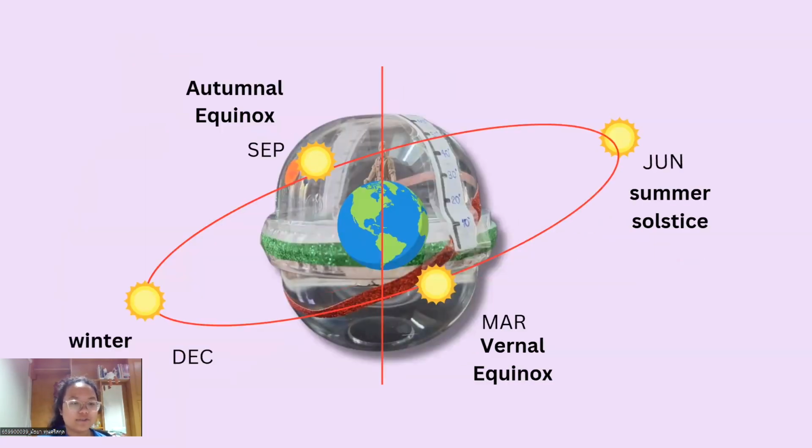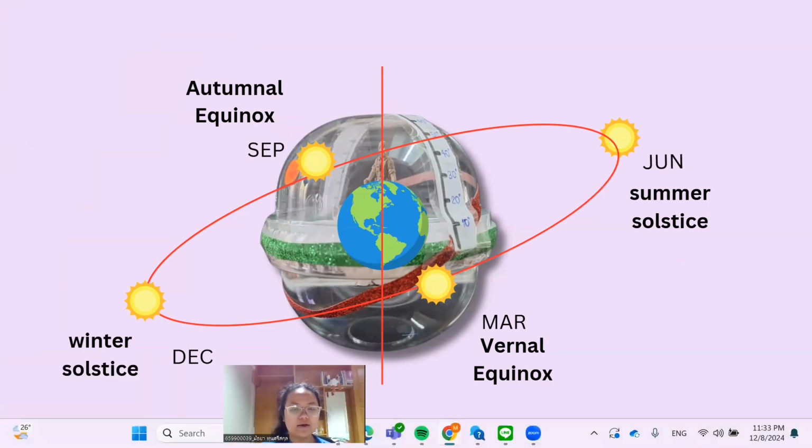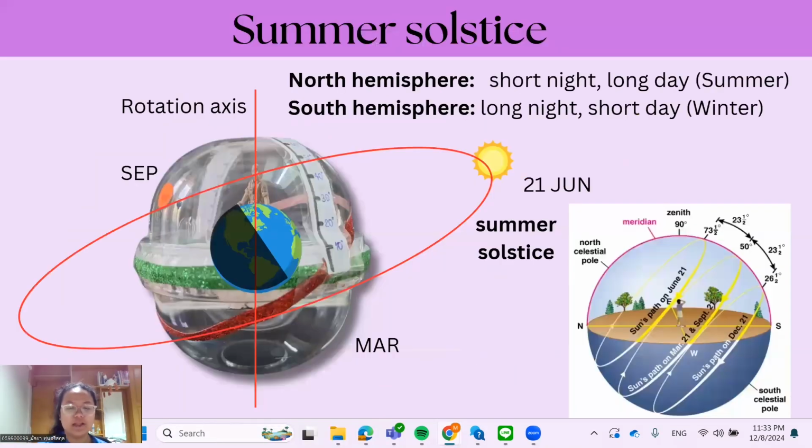So first of all, I want to introduce you to the four days, which include the summer solstice, vernal equinox, winter solstice, and autumnal equinox. I would like to start with the summer solstice. For the name of the solstice, I will rely on the northern hemisphere. On 21 June, the sun is located higher than the earth, which makes the northern hemisphere have a longer